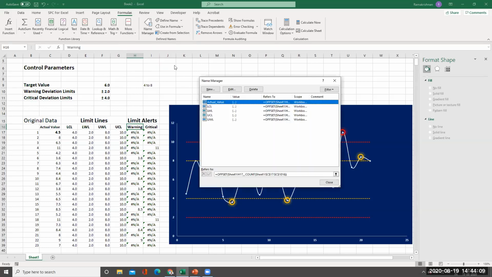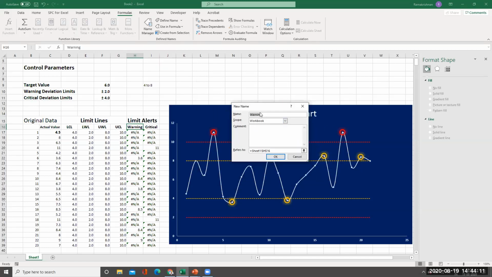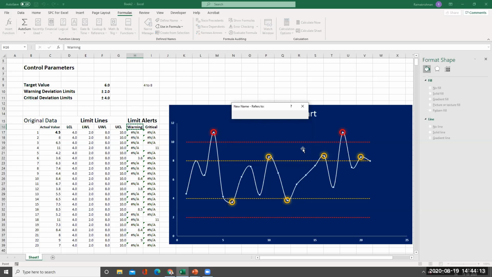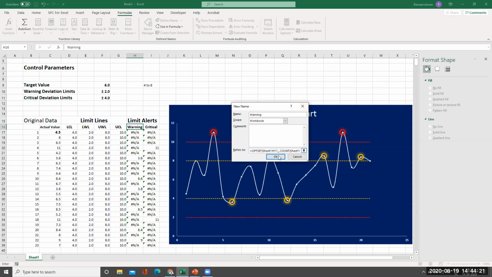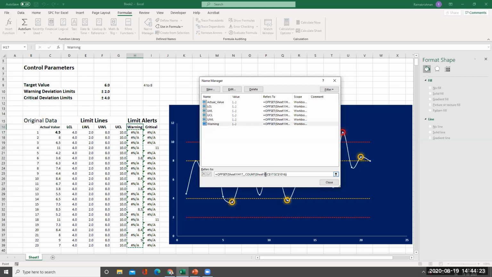Warning I'll select. Name manager, new. As warning. So I'll go up, delete, Control V, and I'll make it as H. I'll close, check, it is selected, close.